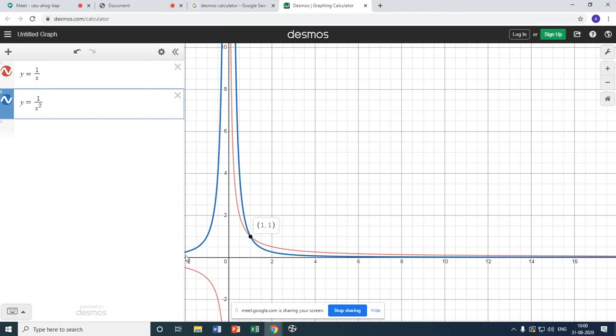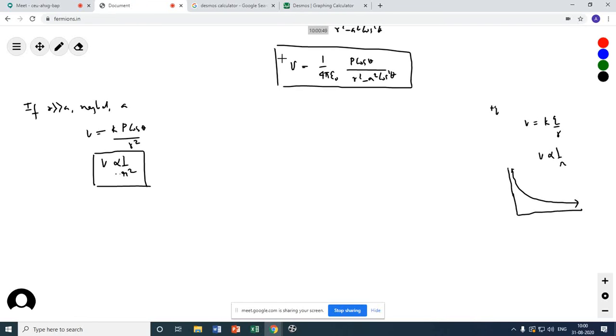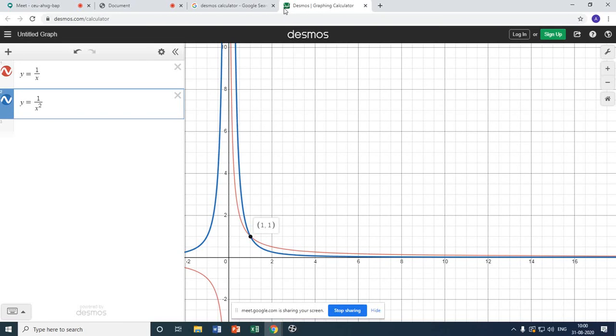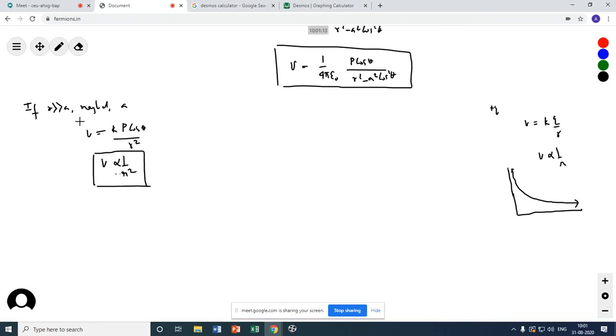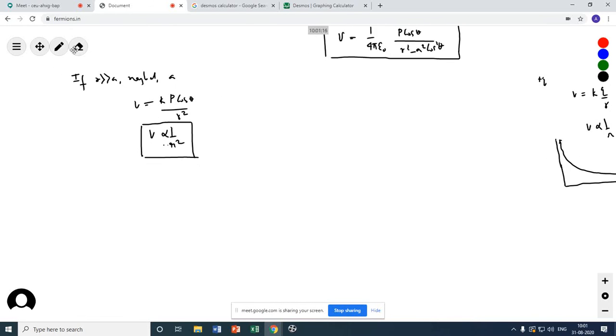But note, they meet at a point. They are meeting at a common point. What is this point? For now you can know this much, that they will always meet at a point. And I am going to give you one homework today, which if you can't do, I will derive it. That will be for the quadrupole. There you will see, in case of quadrupole, it will depend on x to the power cube. That is interesting. So as the charge configuration increases, the variation of V also increases inversely with the power of r. So we see that V is proportional to 1 by r square.